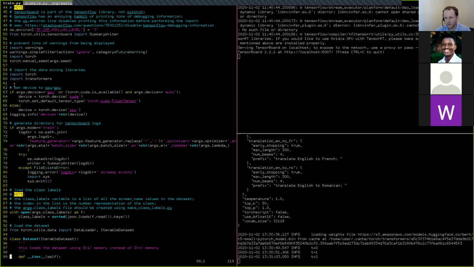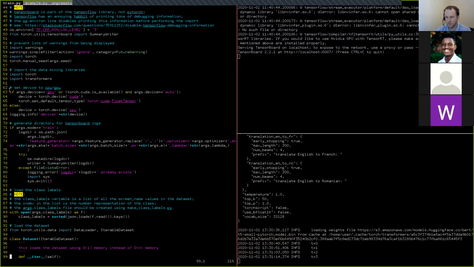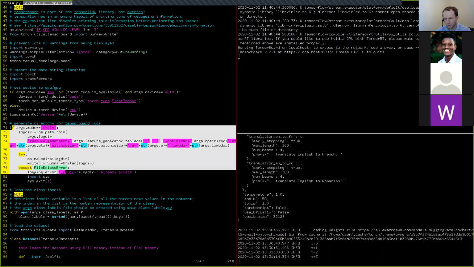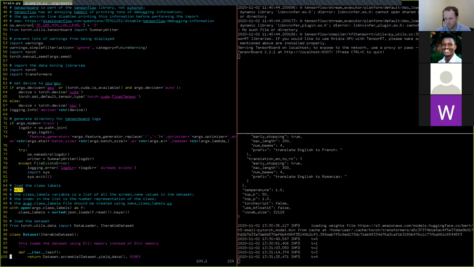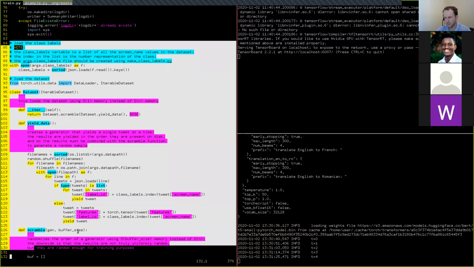This code right here converts between CPU and GPU usage. That's something that we can ignore. This logging code is the same as we looked at before. Then the part that starts being different and important is this section down here,